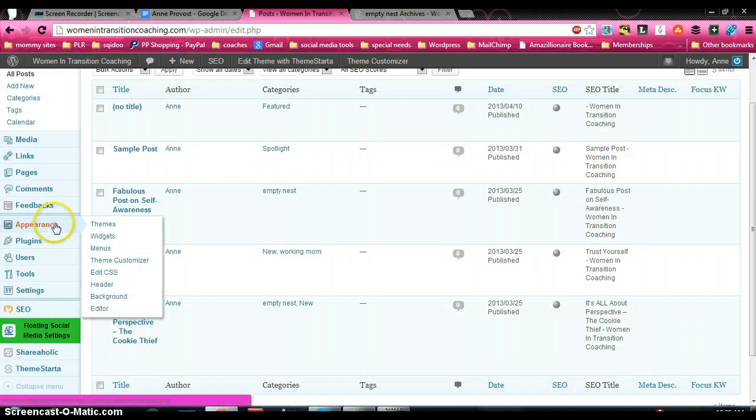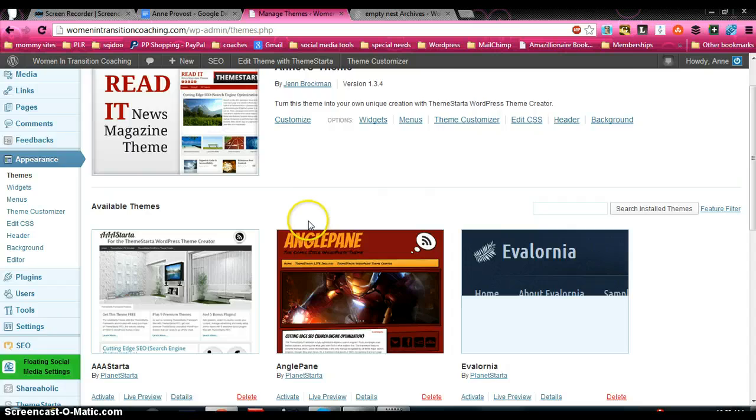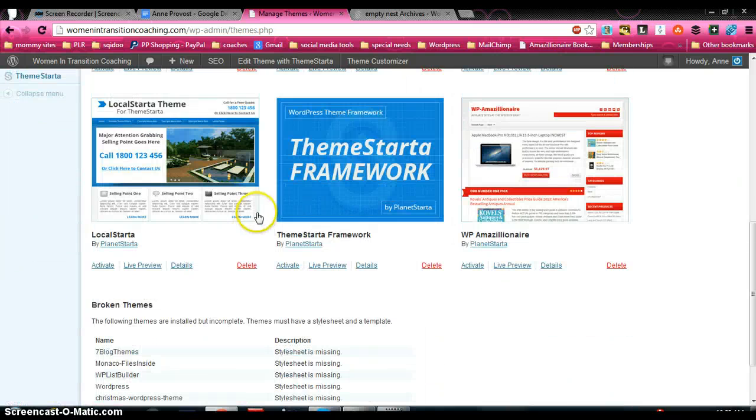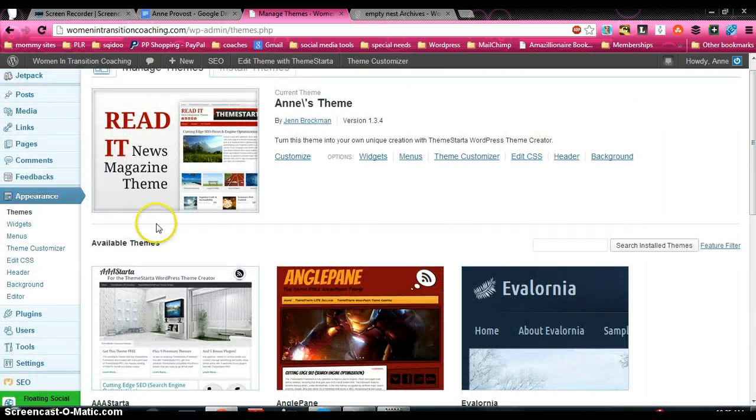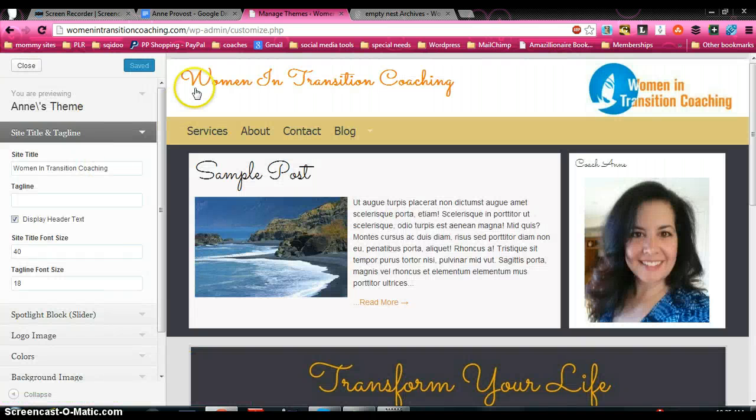Your appearance, this is where you can manage the theme that you're using. You can use other themes if you want to. I've set up this one specifically to your specifications though. You can also, if you come here to the Customize tab underneath your theme, this is where you can manage your